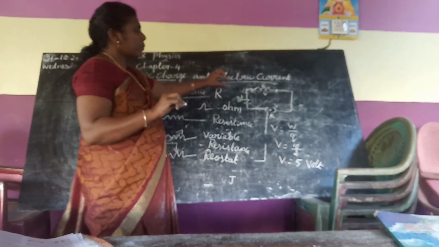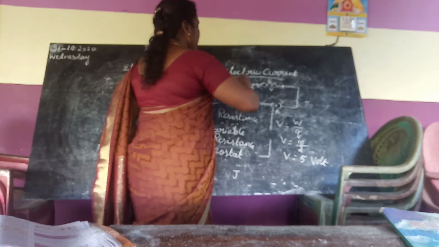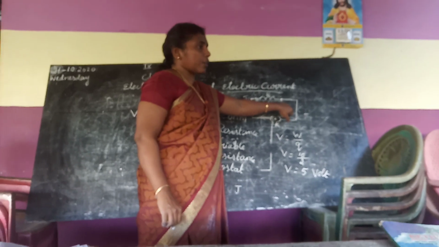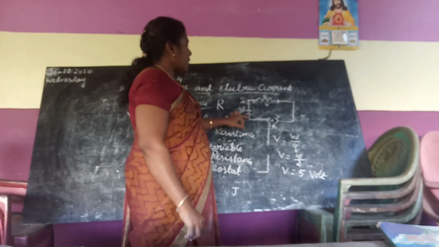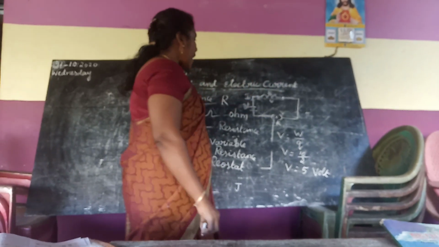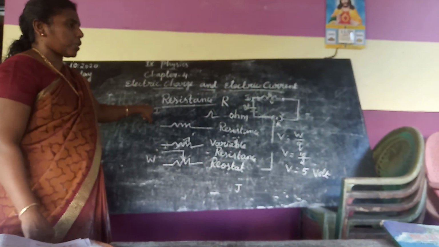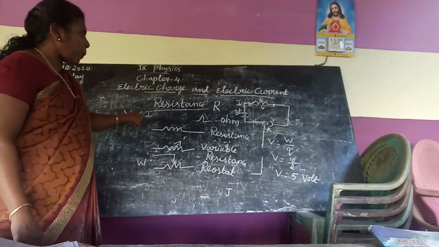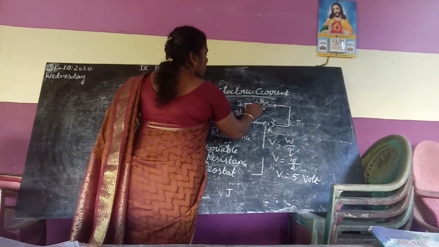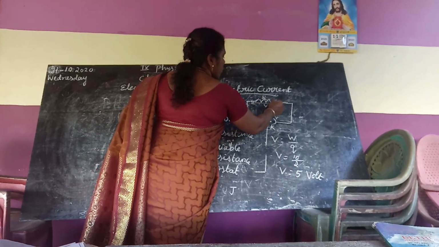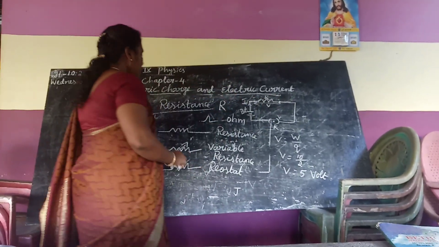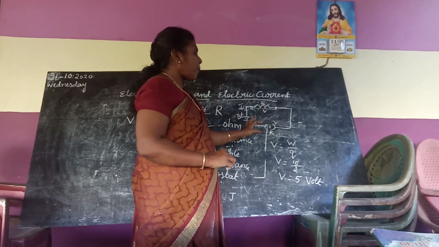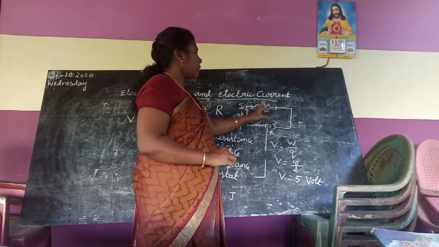Okay, now listen, we can learn Ohm's law. When a steady current, denoted by the letter I, flows through a conductor, it is directly proportional. A steady current I flowing through a conductor is directly proportional to the potential difference between its two ends. Here two ends are there. So Ohm's law: the steady current flowing through a conductor is directly proportional to the potential difference between two ends.